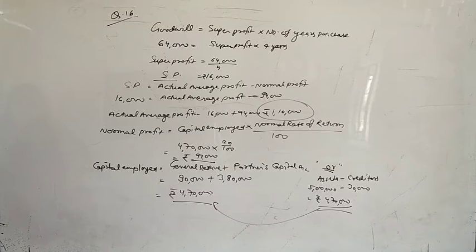First one, that is the capitalization of average profit method. Under this method, first of all, we calculate the average profits and then we assess the capital needed for earning such average profits on the basis of normal rate of return. Means first we will calculate average profit, which everybody knows how to calculate, and later we will assess the capital needed for earning such average profit on the basis of normal rate of return. Such capital is also called capitalized value of average profits. It is calculated as under, just see here.